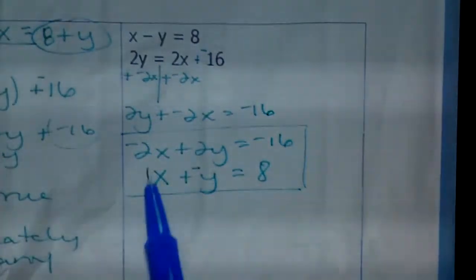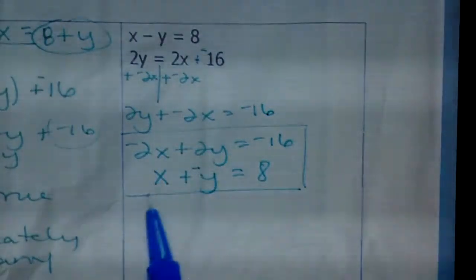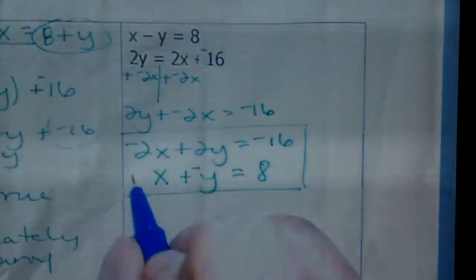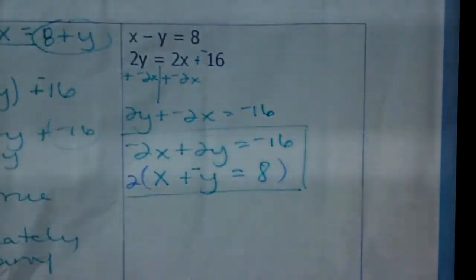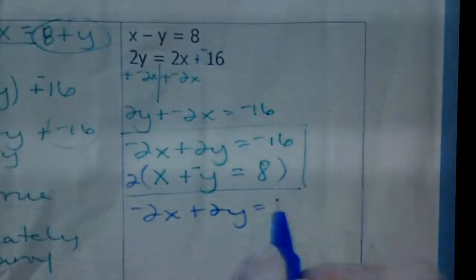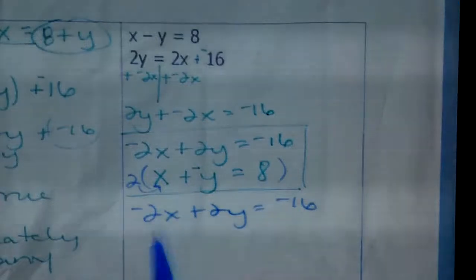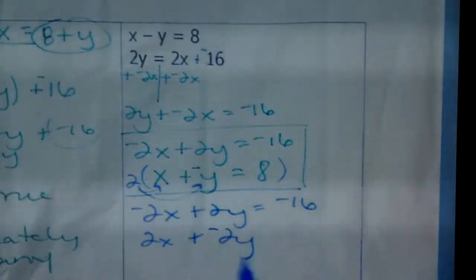And this is really a 1. I know that 1 times 2 is 2. So I'm going to multiply both terms, and this little constant over here, by 2. So rewrite your original, and then 2 times x is 2x, 2 times negative y is negative 2y, and 2